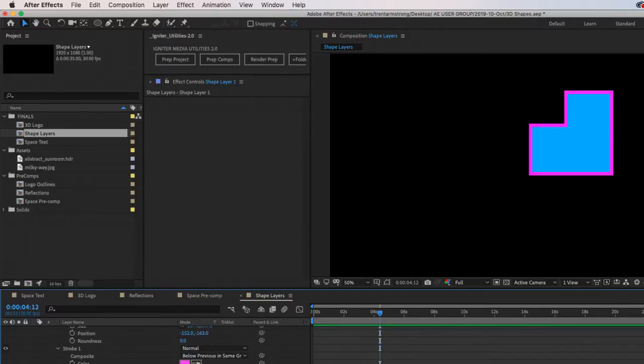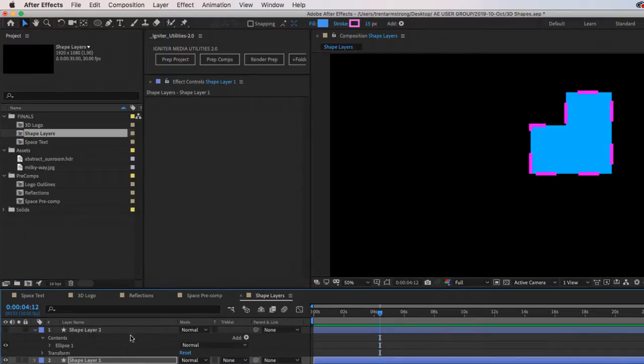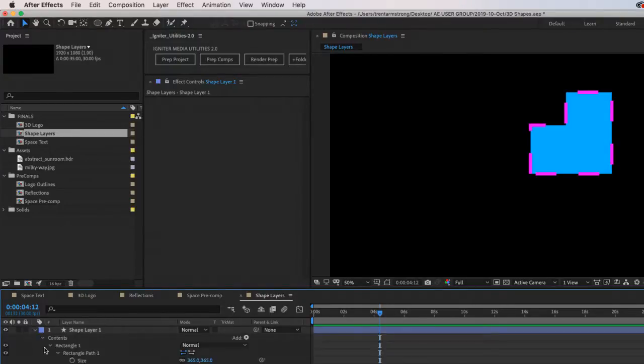So if I go to stroke here, I can add like that and change up my shape dynamically with this merge paths.